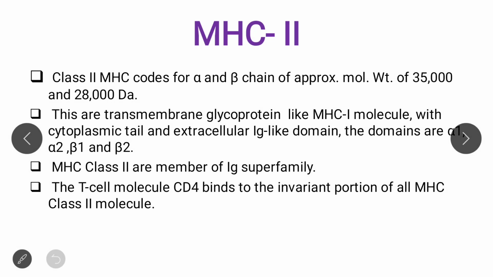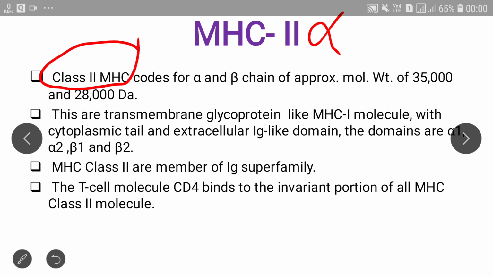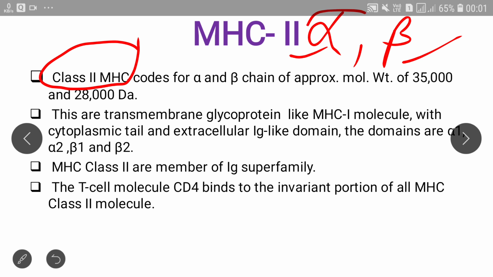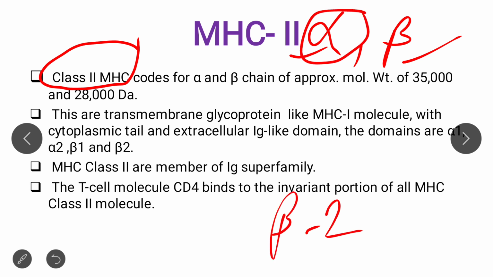Now, let's start Class 2. Class 2 MHC molecule is made up of both alpha and beta chains. While in Class 1 MHC, only alpha chain is present and one beta 2 microglobulin is present, as I taught you yesterday, which is basically a